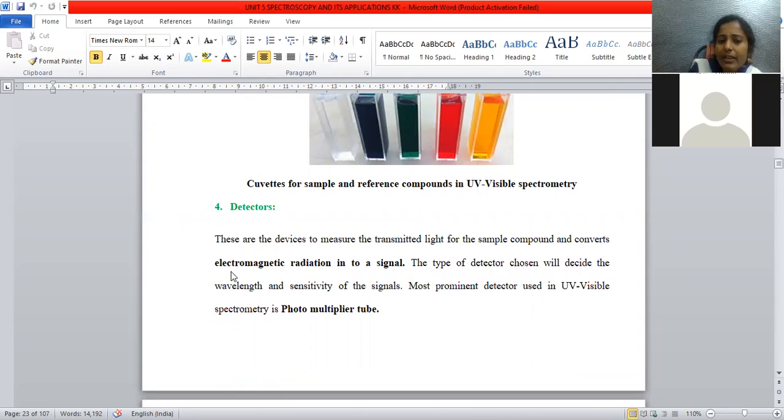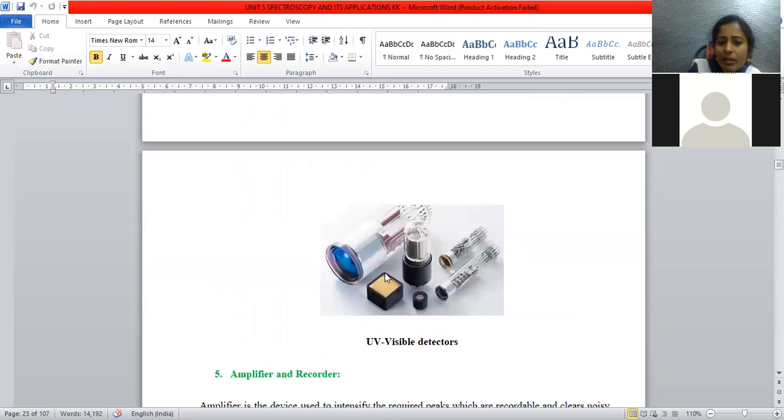And next is the detector. The main purpose of the detector is to convert electromagnetic light into a signal. The most commonly employed detector in the UV visible spectrophotometer is the photomultiplier tube. By using a photomultiplier tube, we can convert UV light into a readable signal.